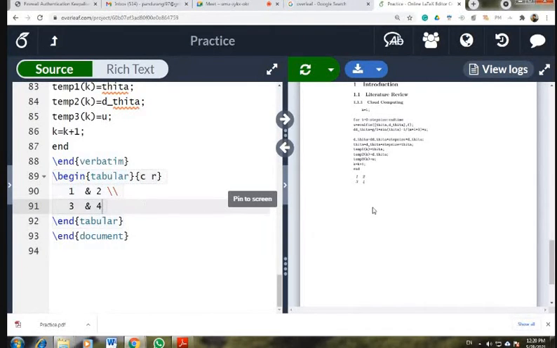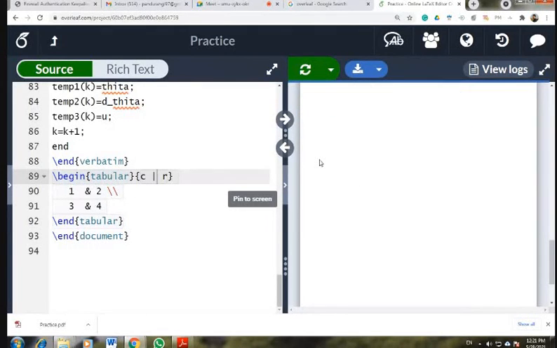The first column is center aligned, and the second column is right justified. So how to get a vertical line? For that, you just put a vertical line here. So this is the vertical line between these two columns.